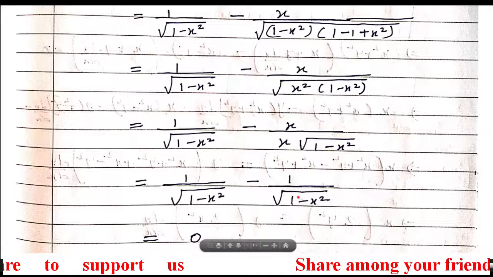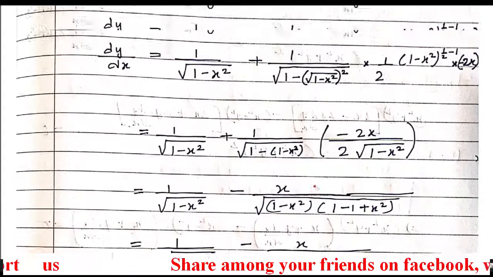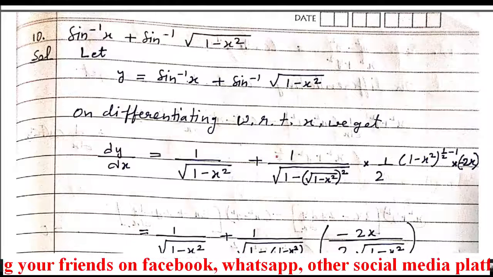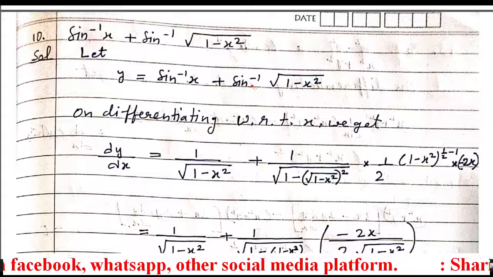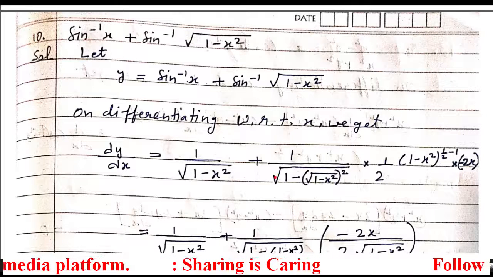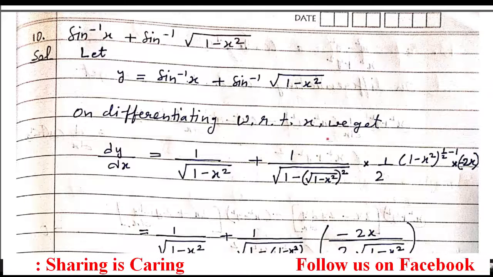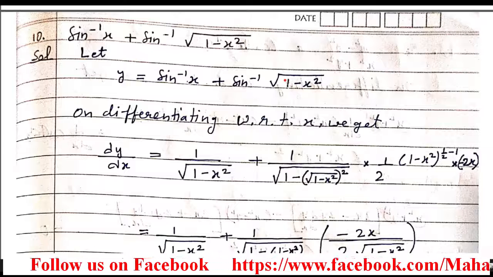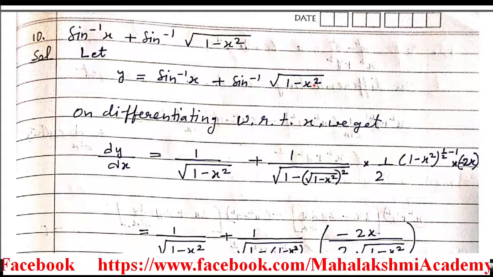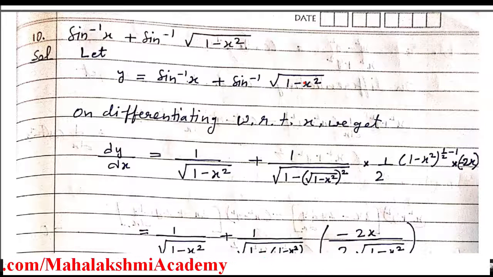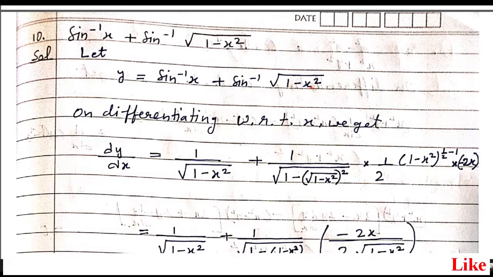Now same term minus same term is 0. So students, this differentiation step is a very important step, don't get confused. When you have to differentiate sine inverse root 1 minus x square, follow the same formula 1 upon root 1 minus x square, but instead of x we have here root 1 minus x square, so it came here. Then apply the chain rule and differentiate root 1 minus x square. To differentiate root 1 minus x square, first imagine it in the form of power notation, so it's going to be 1 minus x square power half.